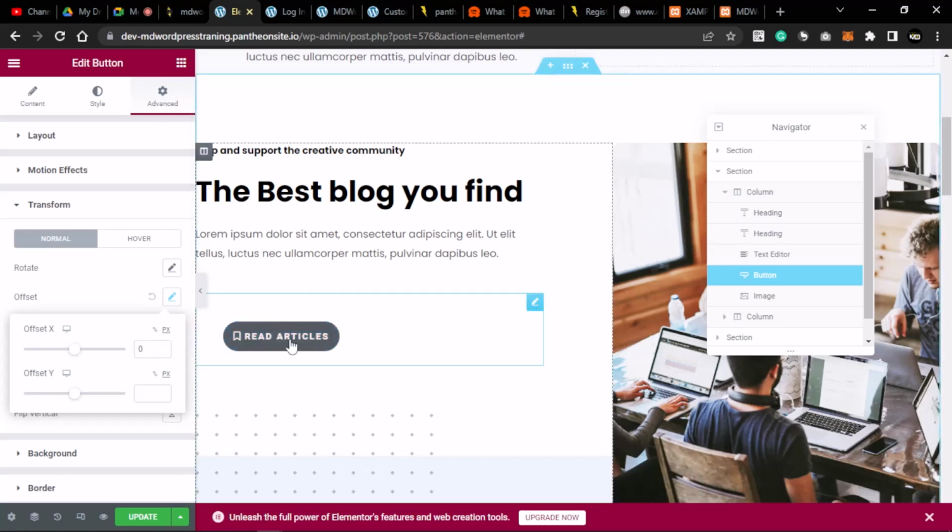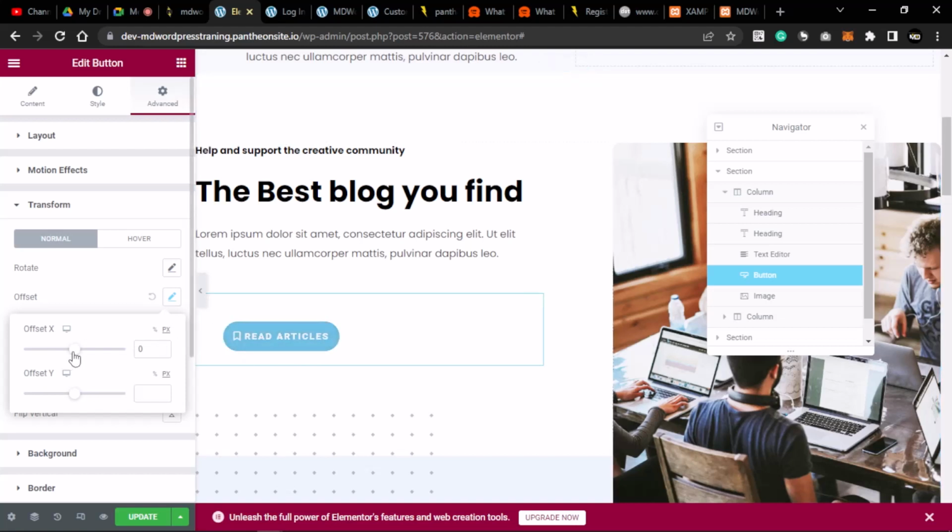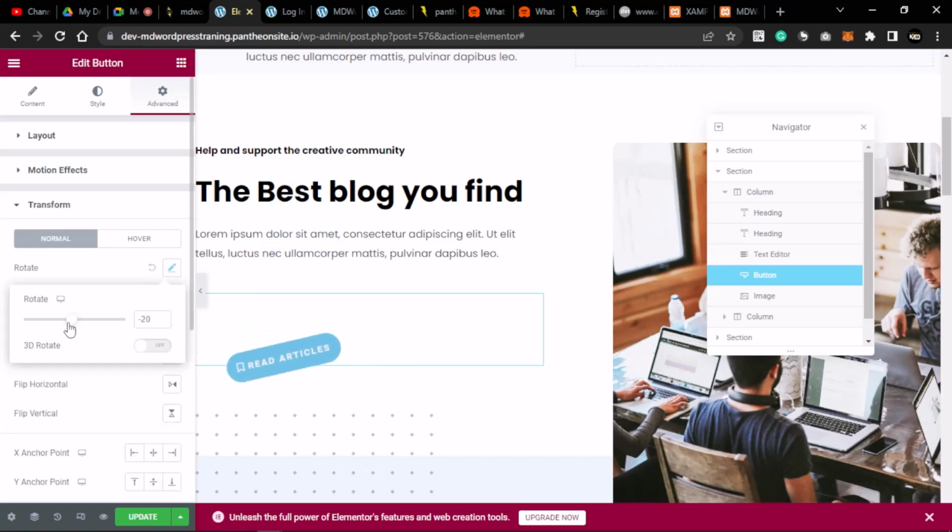At 0, it will be at the current position. So I can set offset to the left and to the right, depending on how I want to achieve that. But I can also set vertical offset. I'll return that. I can also rotate it,